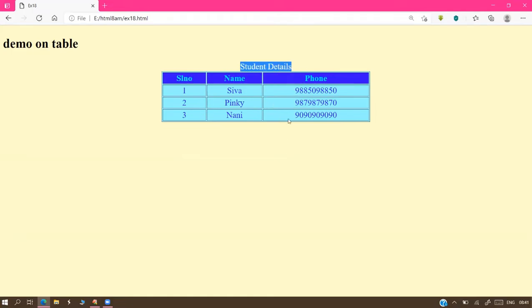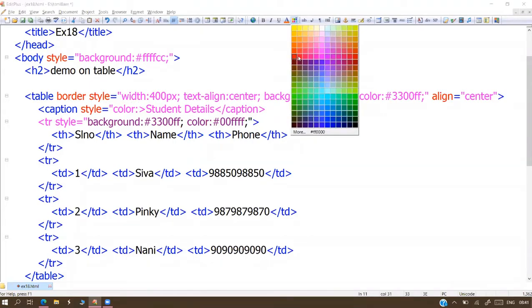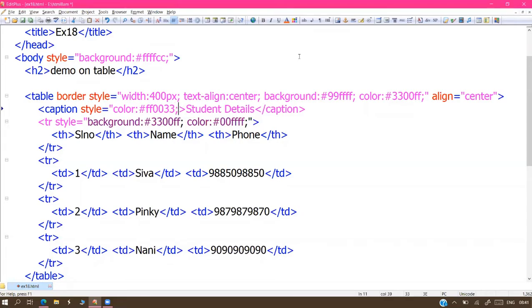Next, whatever the headings are, go to the caption, style equals background color. I don't want that because it's not good. Go for foreground color. You can take any foreground color, some red color. For the headings, I need a little bit bigger font size, sir. We already have the font size option, so font size some 20 pixels, a little bit big.